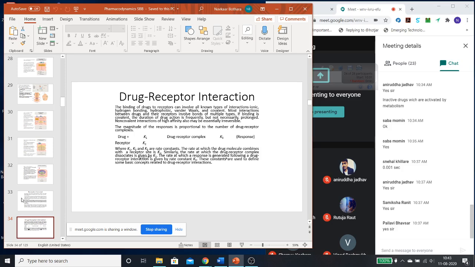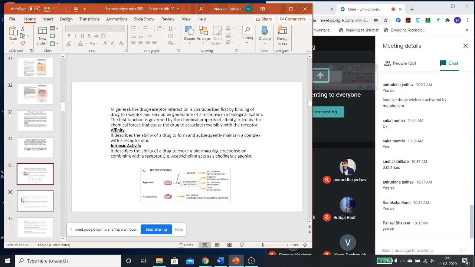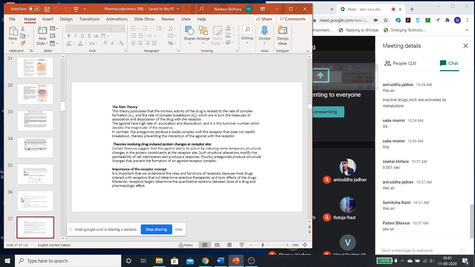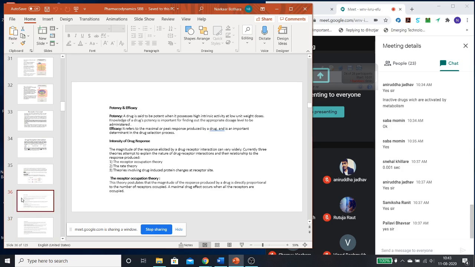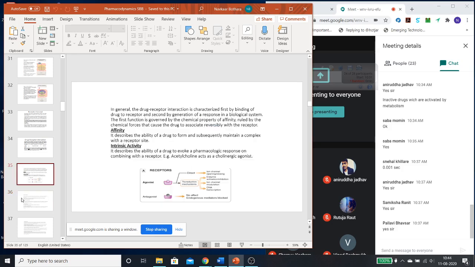We shall go for these drug interaction activities in the next few classes. They are called theories of drug action. They are called rate theory or occupation theories. Actually, they are important only for a few kinds of receptors, but yes, they play a very important role. And some of the terms we shall try to understand from the basics of affinity and intrinsic activity.